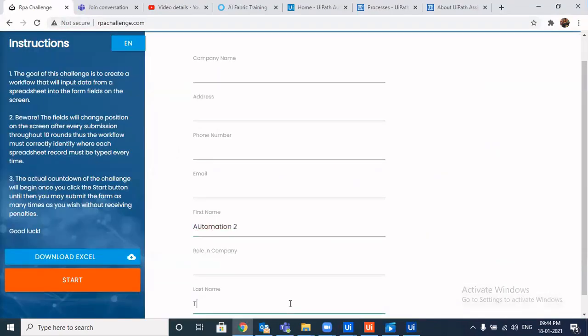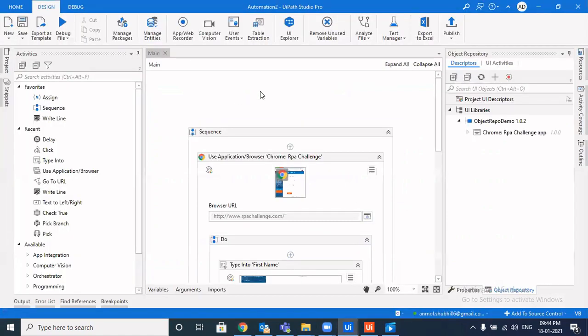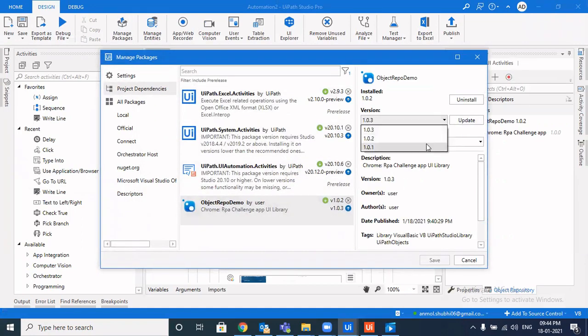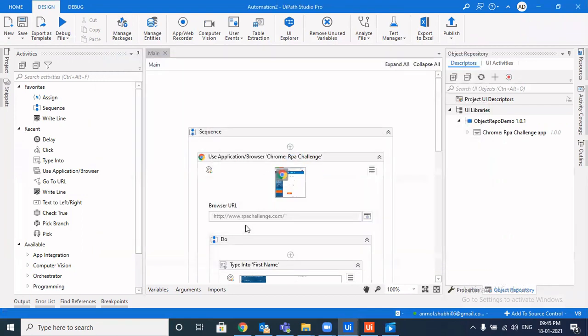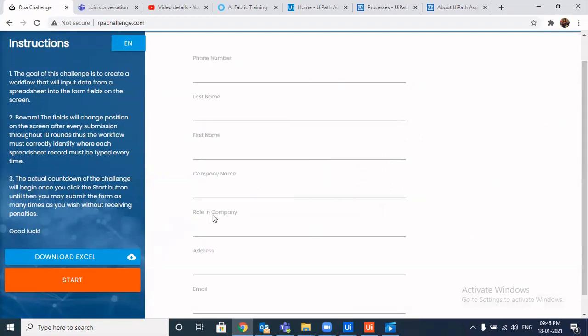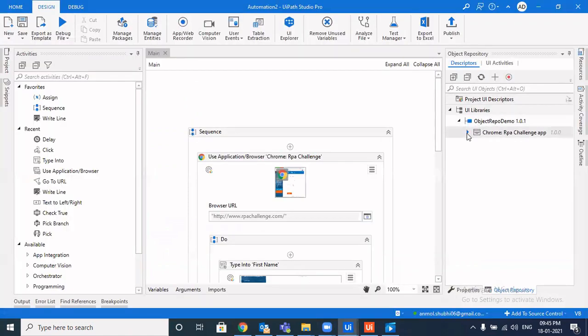And over here, it should type in the... so just by playing with the packages, you saw it was typing in the last name where it should type in the last name. And if we just make it the first version, it would be typing the last name in the email box and not in the last name box. That was the first version that we created, wherein we intentionally made this mistake. Okay, it is still typing the last name over there only.